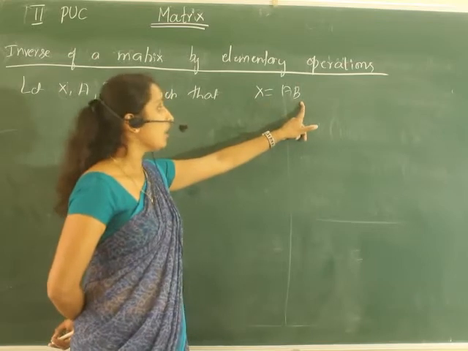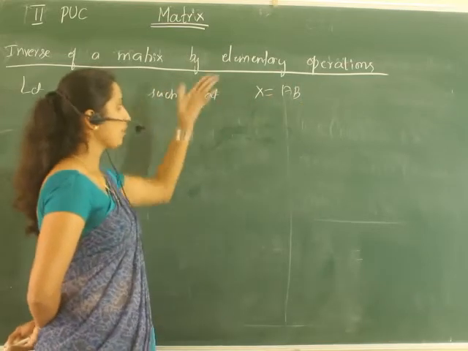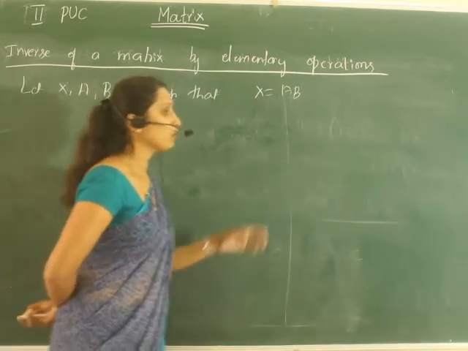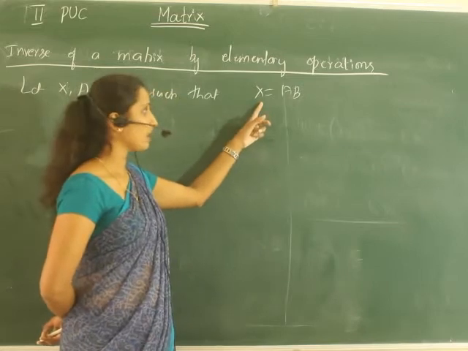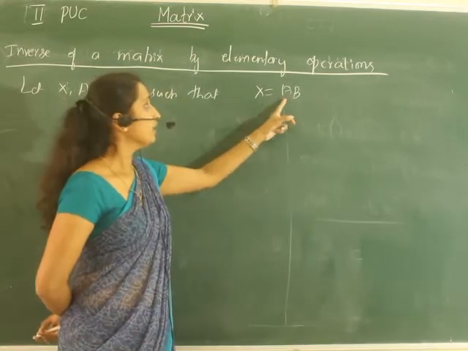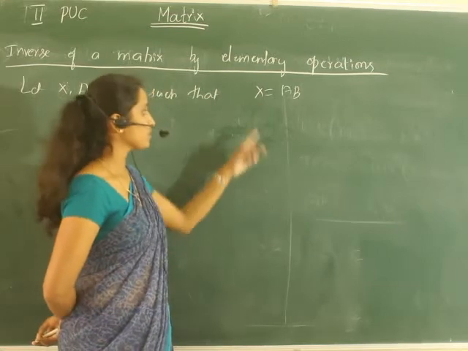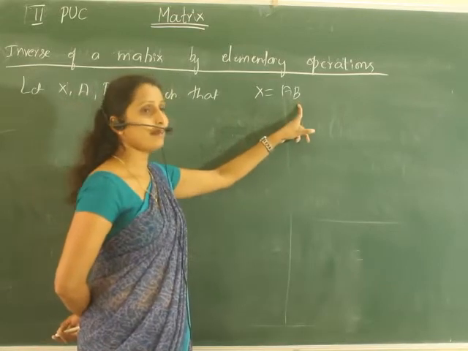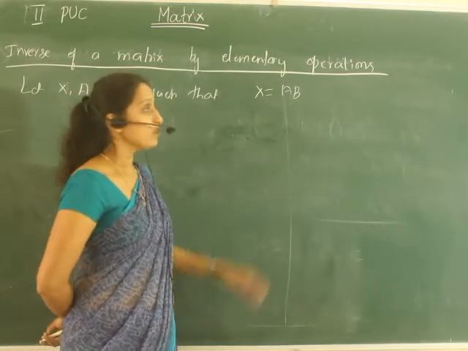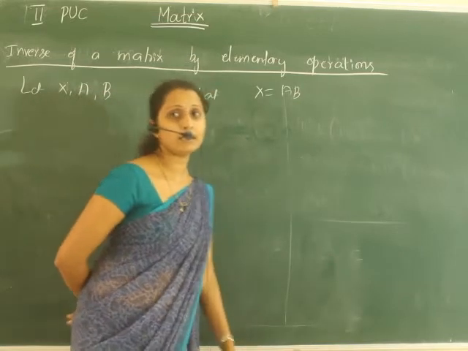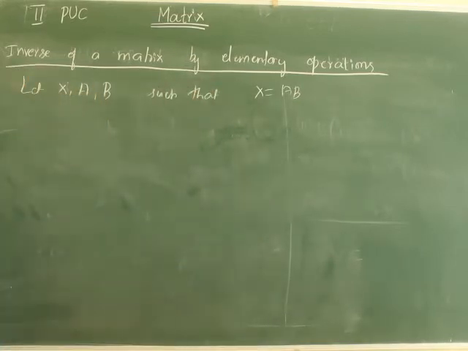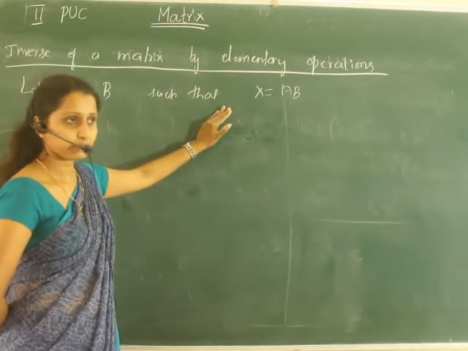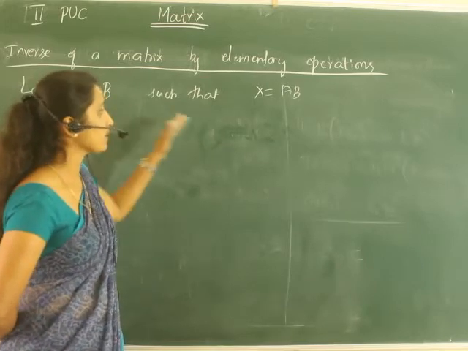So this is the rule used to apply elementary operations. To perform row operations, we apply them to the matrix X as well as to the first matrix A. And to perform column operations, we do the operations on X as well as on the second matrix, simultaneously. This I have taken for X, A and B, with the relation X is equal to AB.